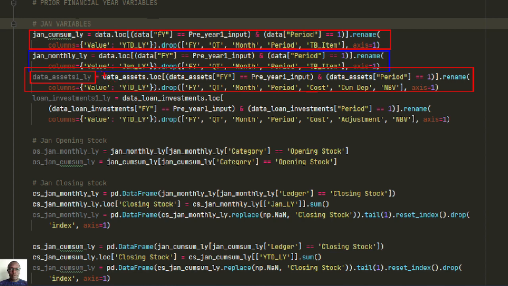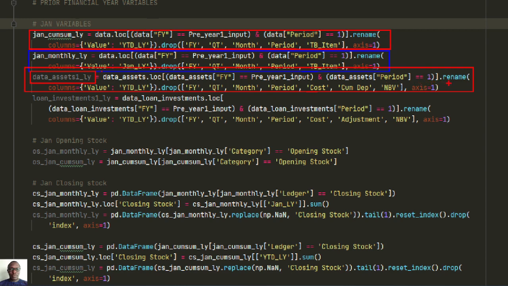So this is the data frame that we had for assets, and then we are saying data_assets.loc, square bracket, then bracket data_assets, then the financial year now is the previous_year_year1_input to mean 2017, assuming that the current year is 2018, and then the period now will be period 1, which is January,